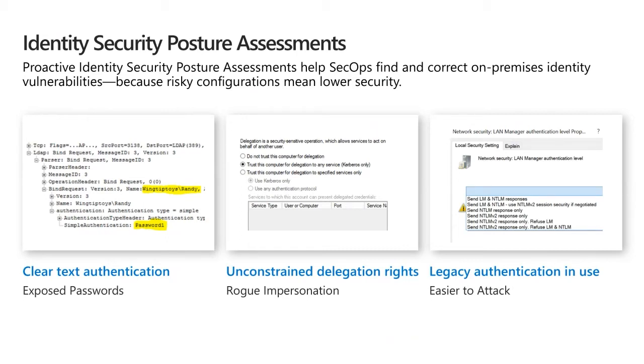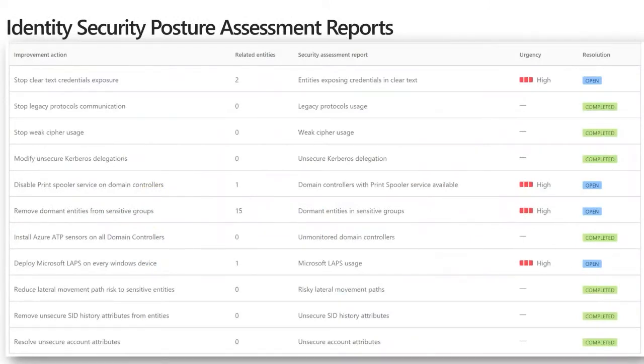For example, removal of legacy authentication methods that are known to be compromised and can be brute forced, such as NTLM version 1, removal of configurations such as unconstrained Kerberos delegation, which is known to be abused, usually chained with other exploits in order to gain a better foothold in the environment, and also making sure that no rogue app is, for example, exposing users using clear text credentials, susceptible to man-in-the-middle interception, gaining attackers more credentials to work with, and is also known to be used in attacks in the wild. These are just a couple of examples of the identity security posture assessment part of Defender for Identity, which currently